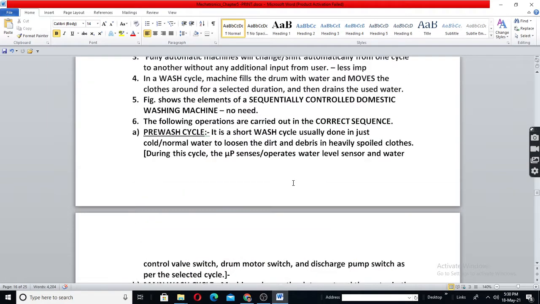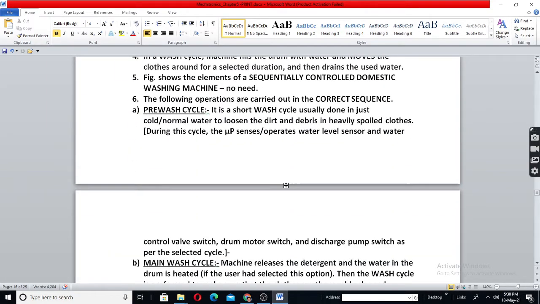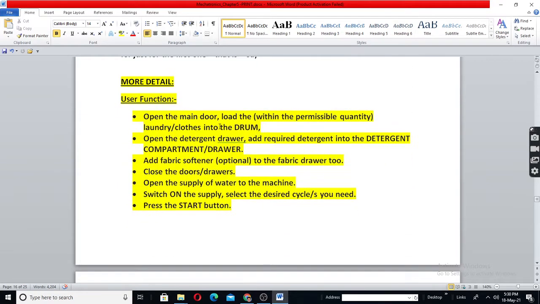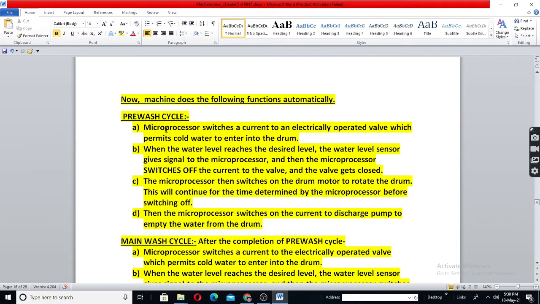Okay, now some important points. See what happens in a wash cycle. When it is a wash cycle, first what the machine has to do: the microprocessor switches a current to a valve, an electrically operated valve, which permits cold water to enter into the drum.